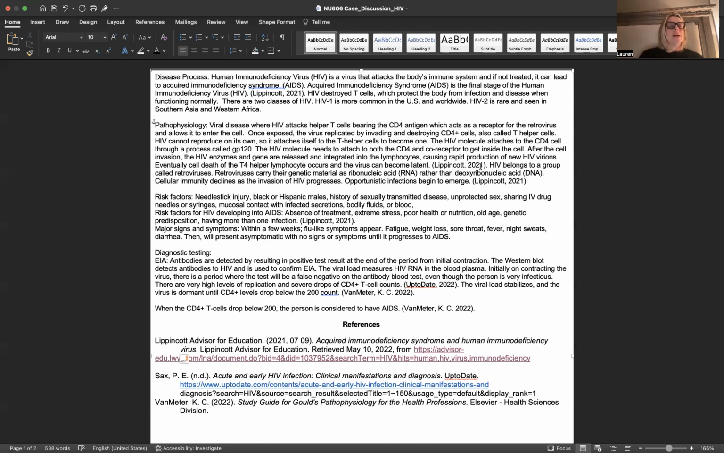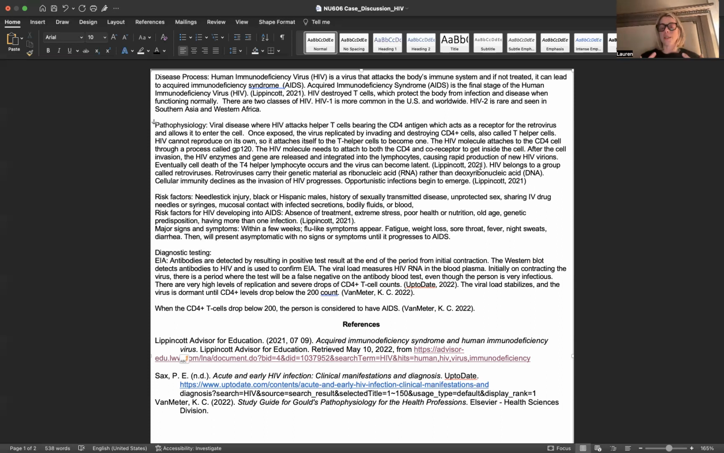In HIV, a retroviral particle, which is the RNA strand, is wrapped in the glycoprotein coat, which is the GP120 receptor. It wraps itself with a P24 viral protein, and this is what invades the CD4 cell. The HIV molecule needs to attach to both the CD4 cell and a co-receptor, and this is how it gets into the cell. After there is cell invasion, the HIV enzyme and gene are released and integrated into the